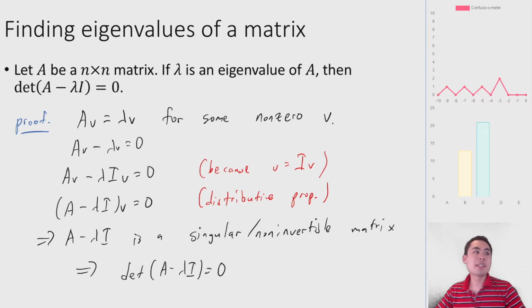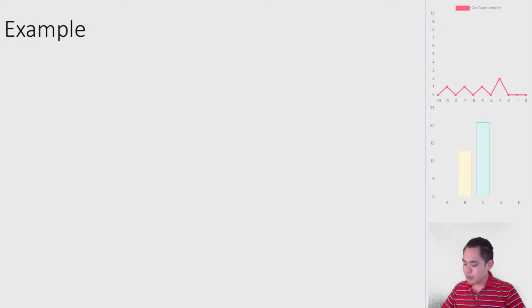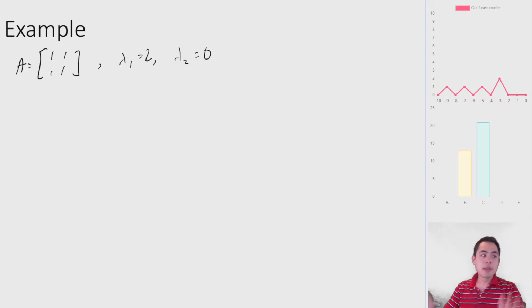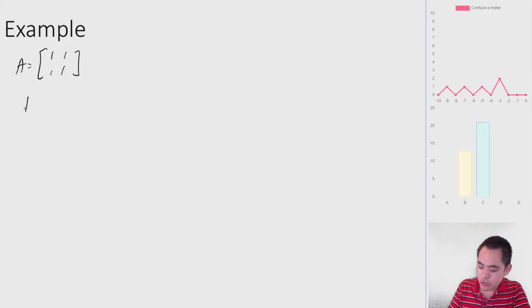So let's use this theorem to find the eigenvalues of the example we showed earlier. We had A equal to [1, 1; 1, 1], and we knew that lambda 1 is equal to 2 and lambda 2 is equal to 0. But now let's suppose we don't know that to begin with. What do we do? Well, you can take the determinant of A minus lambda I,